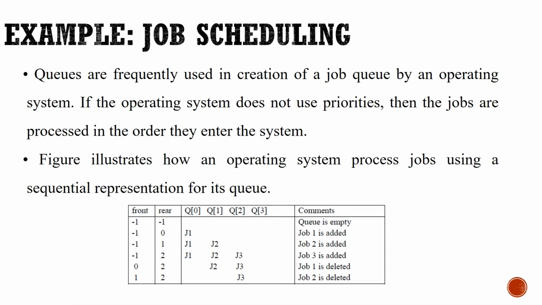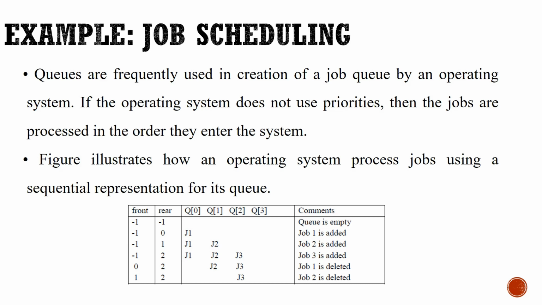Fine. Now let us look at some examples of where queues are beneficial. If you look at the example here, for each insertion, rear will be incremented by 1, and for each deletion, front will be incremented by 1. That you have to remember. The initial case is front equal to -1 and rear equal to -1. That means the queue is empty. Now I insert the first element.